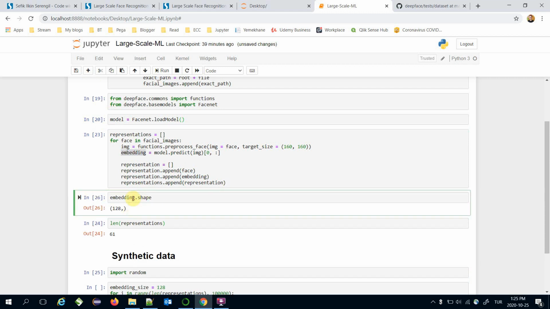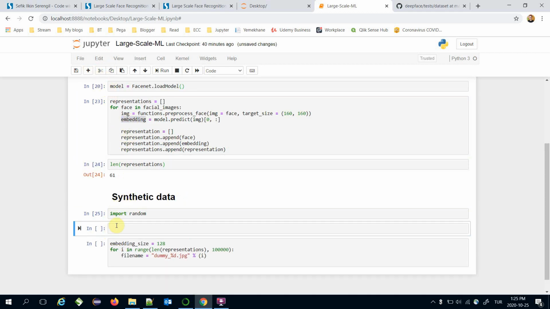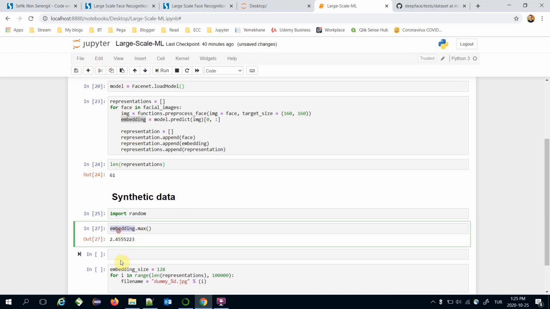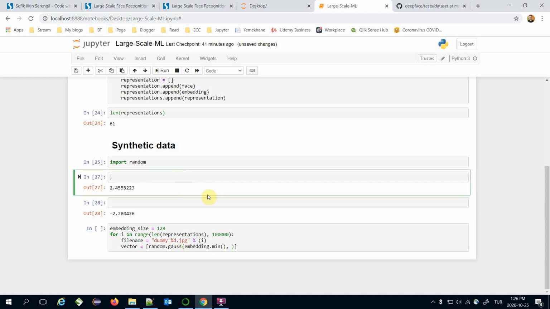That's the size of an embedding. I also need the minimum and maximum value of an embedding. Let's see the maximum value and its minimum value. I also need this. Here vector is going to be a list. Here I'm going to generate random values, random.uniform, and pass the minimum value of an embedding and its maximum value as well,